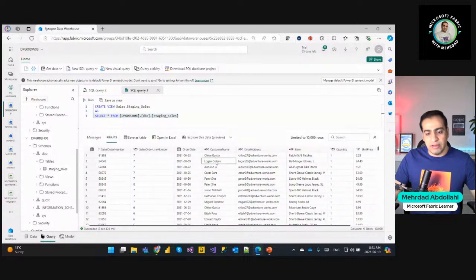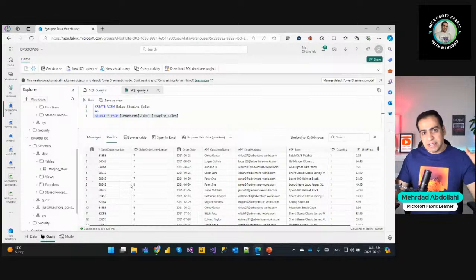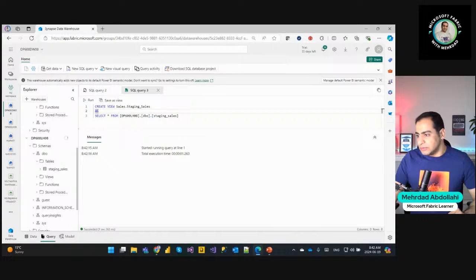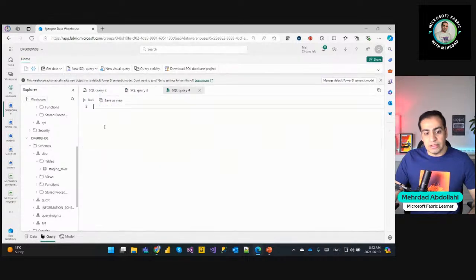What is it containing? We have the customer names, we have the items, and also the sales information. It is basically a flatten of the data, that we have everything in one place. And from there, we want to load the data into our dimension table and fact tables by selecting the data. But for now, let's just load it as a staging table. And the next step for us will be loading the data into our